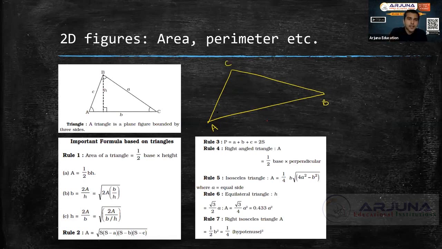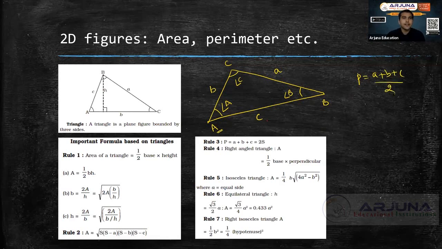Fine. So this angle we call angle A, this is angle C, this is angle B. And the side which is opposite to capital A, we write as small a. Side which is opposite to capital B, we write as small b, and side which is opposite to capital C, we write as small c. This is the representation of a triangle always. Now, what do we write as P? P is semi-perimeter, which is a plus b plus c divided by 2.